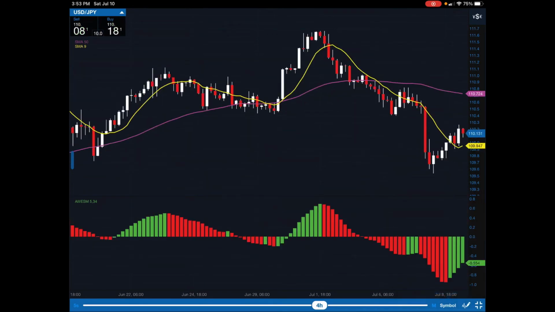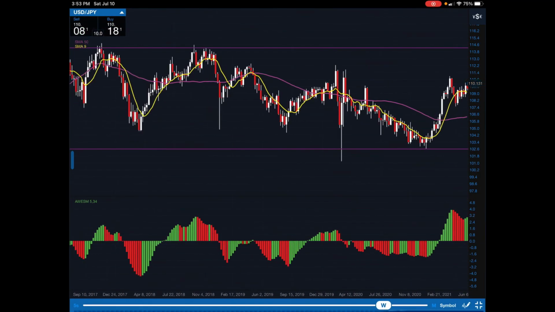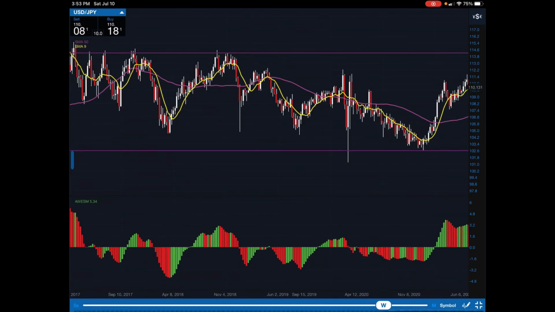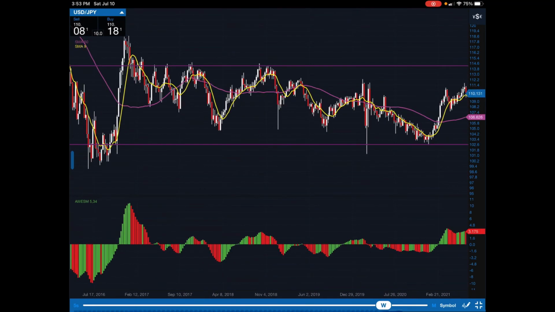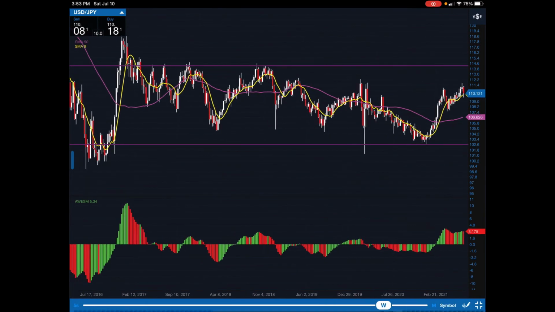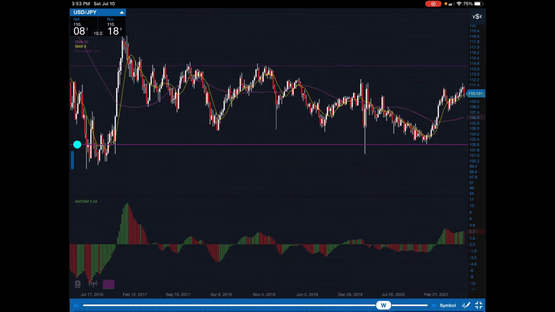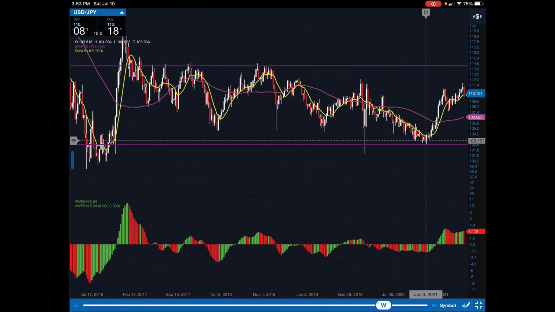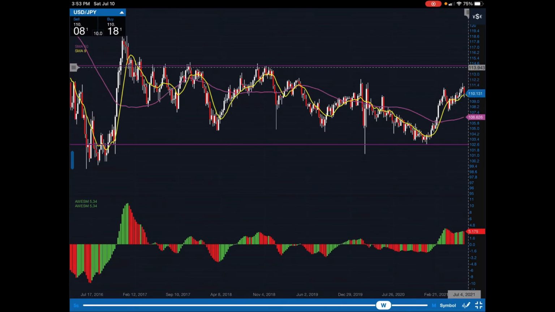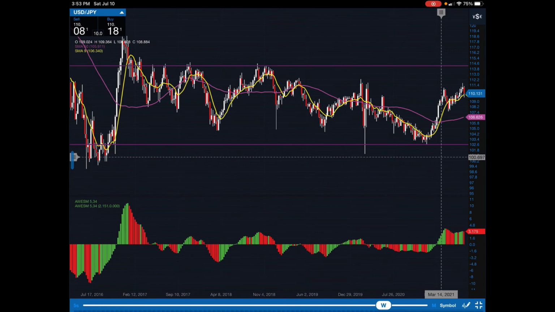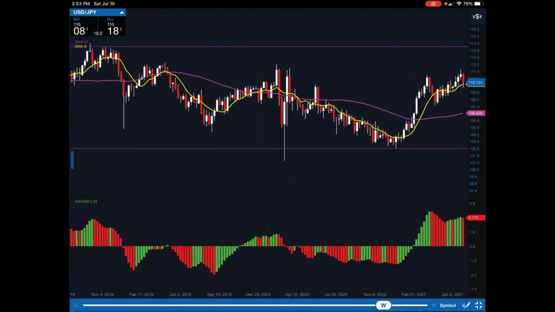Japanese yen, US dollar Japanese yen. Let's start on the weekly. It looks like US dollar Japanese yen on the weekly time frame is in a huge consolidation range, and it already hit the bottom of the range, and it's going to work. It might work its way back up to the top of the range. So we could be looking at some longs here,